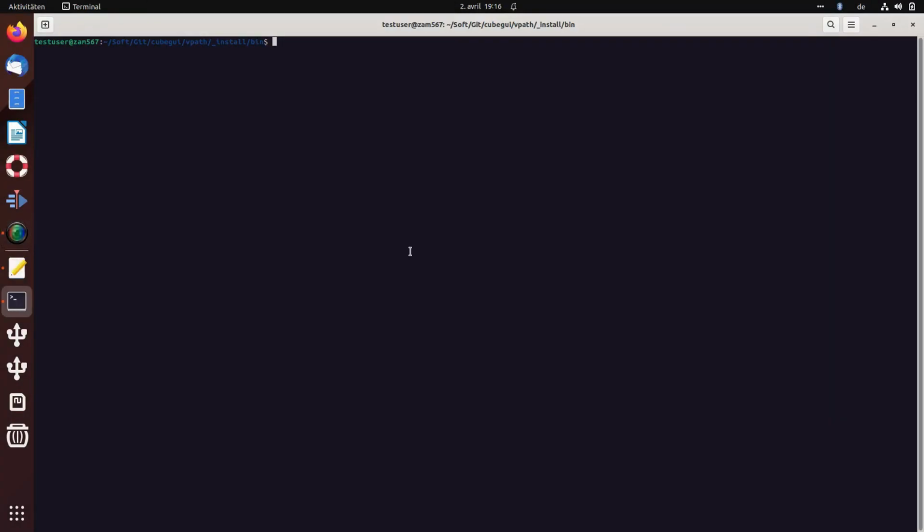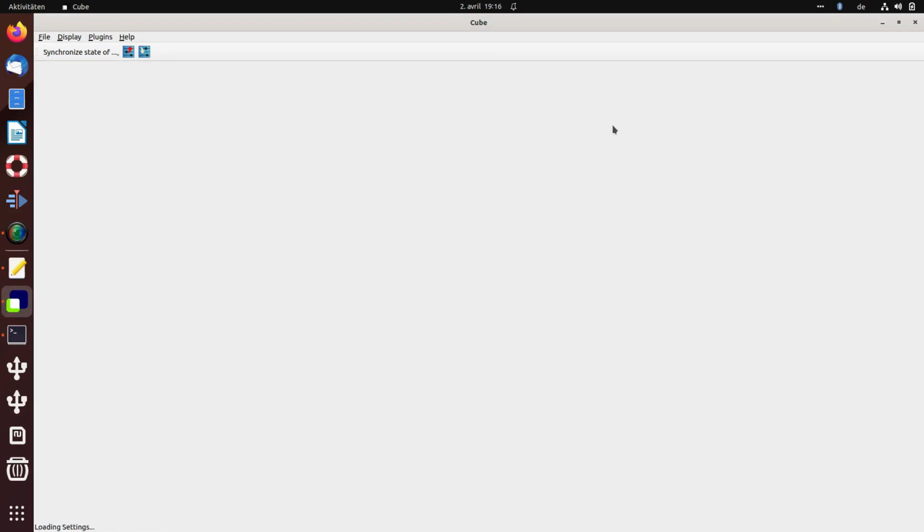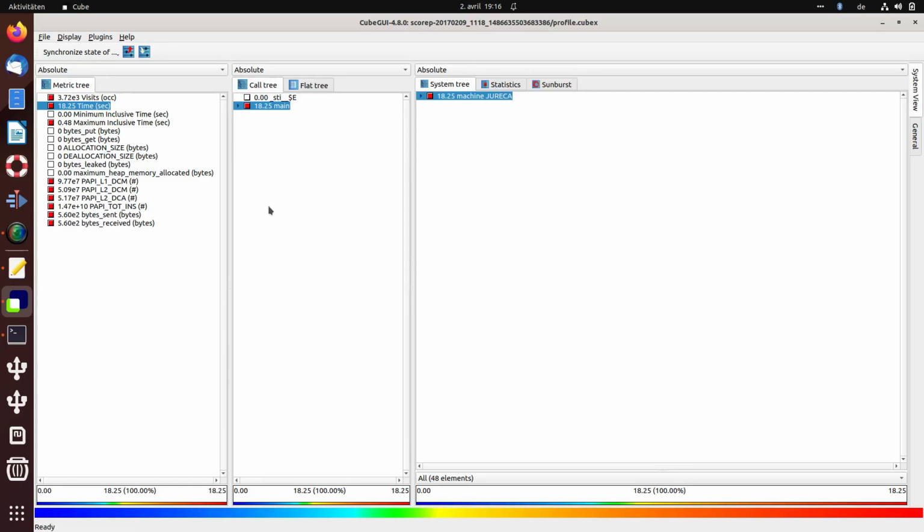Okay, we are back in our terminal, and today I would like to demonstrate another CubeGUI plugin, the source code viewer, and show how one uses it and how it can be useful. So we start our CubeGUI and open an example of a measurement like this one. That's a small measurement of a hello world program, so one has here a small call tree and the performance data,